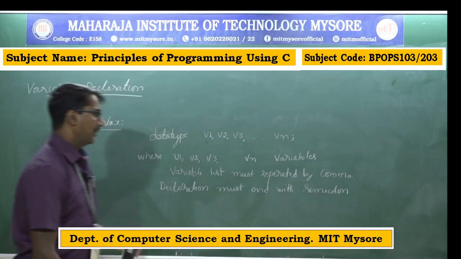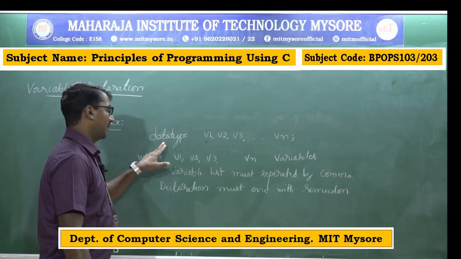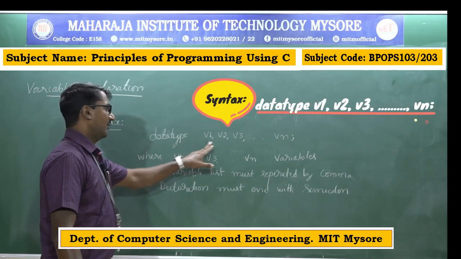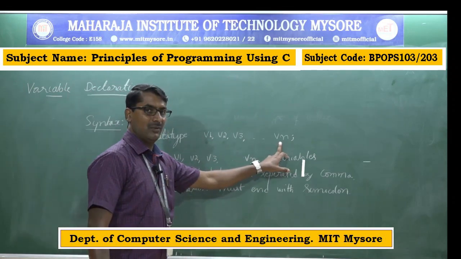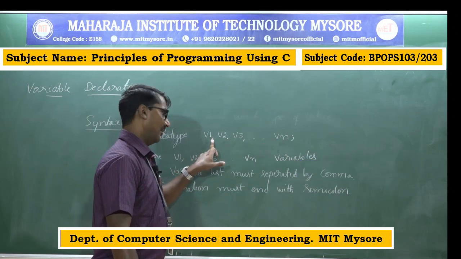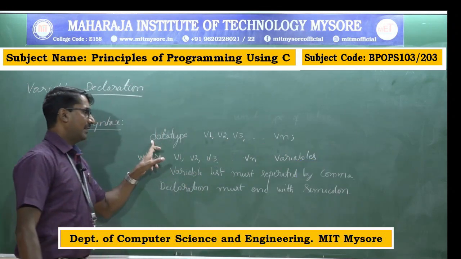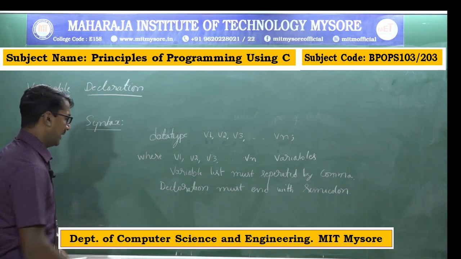End with semicolon. So, the syntax of the variable declaration is data type, V1, V2, V3, Vn. V1, V2, Vn is the variable list. Variables are separated by comma. So, here we select the data type based on the type of value we are storing. Example,